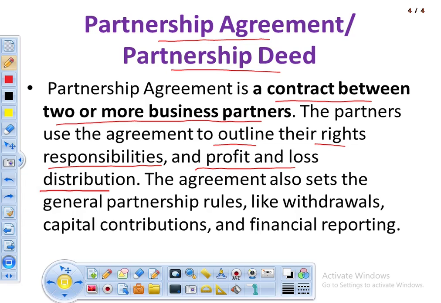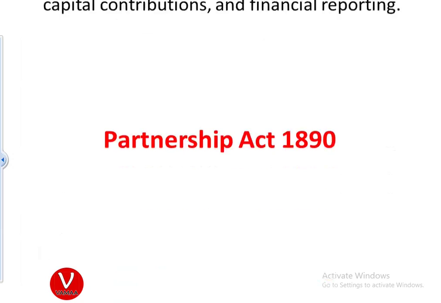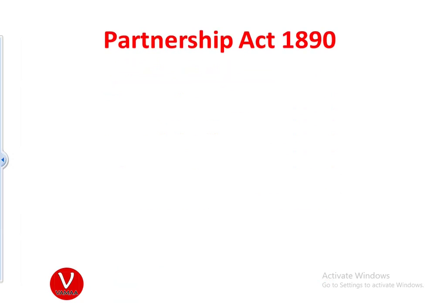It gives you the general guidelines of how can you share profit apart from your profit and loss share ratio, like how much interest to be charged on drawings, how much capital partners should contribute, okay, and things like that. So in order to do that, we need to make partnership agreement, but if we fail to make partnership agreement,